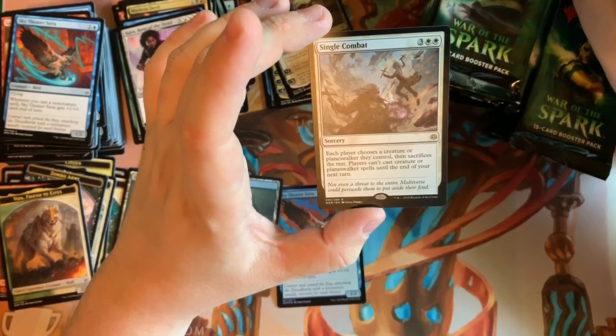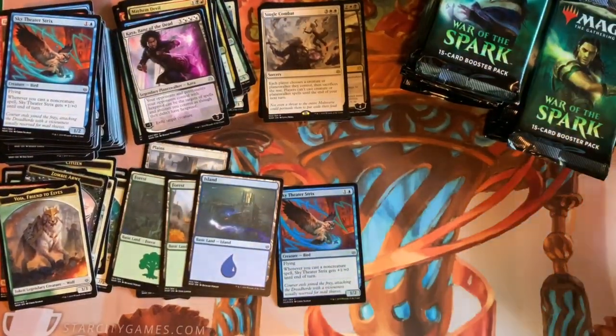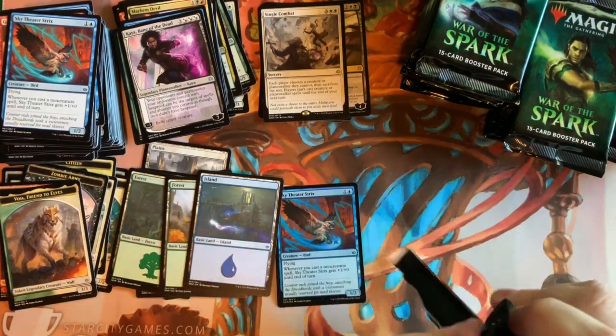Players can't cast creatures or planeswalkers until your next turn. This is actually really good. I'm surprised at how much I like that. That is probably a very cheap card. It's probably like $2, so run out and buy that for your cube, because I think that's going to be